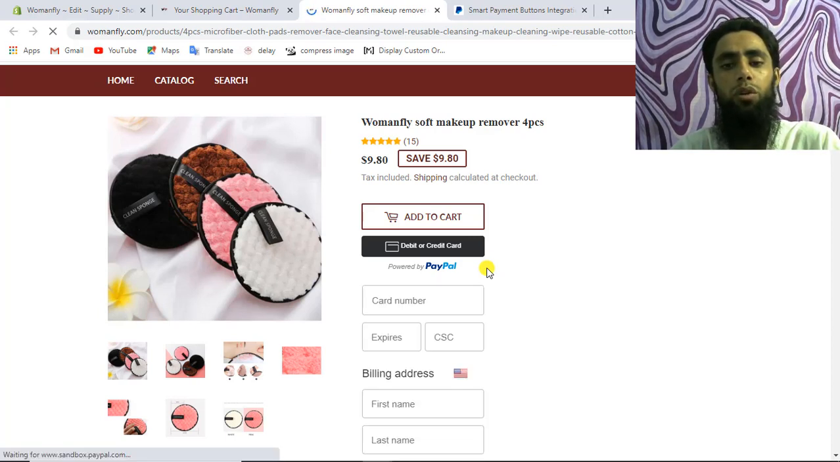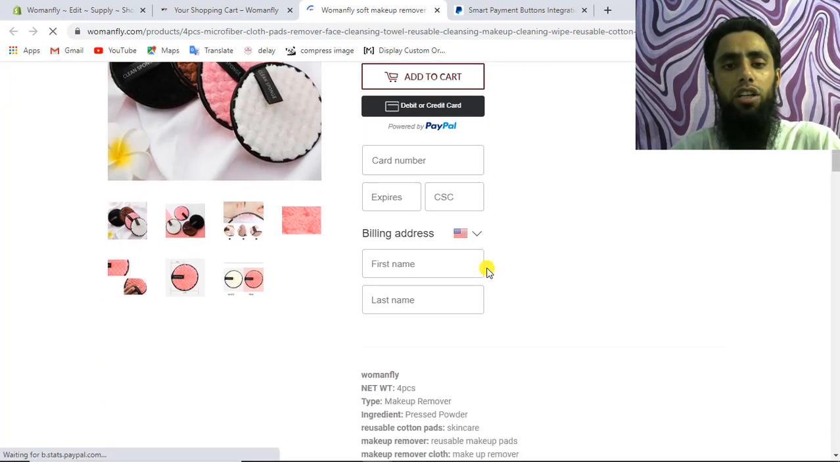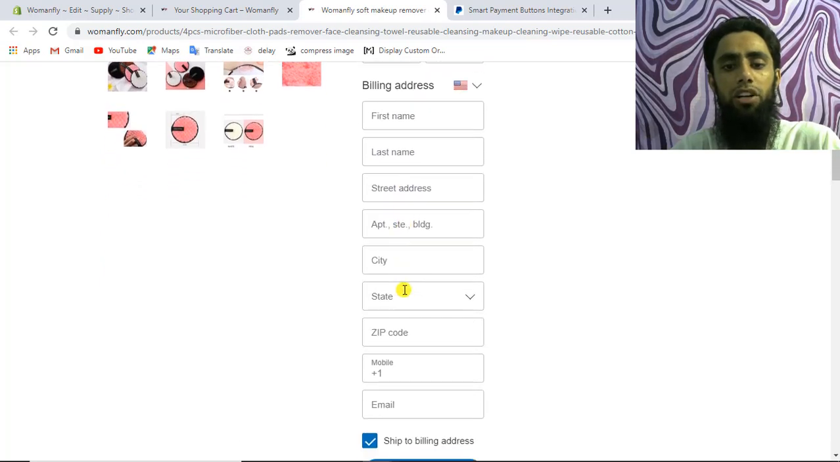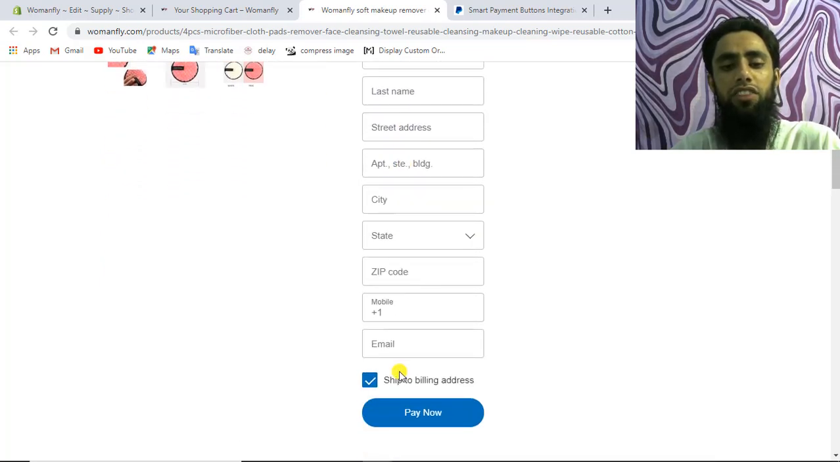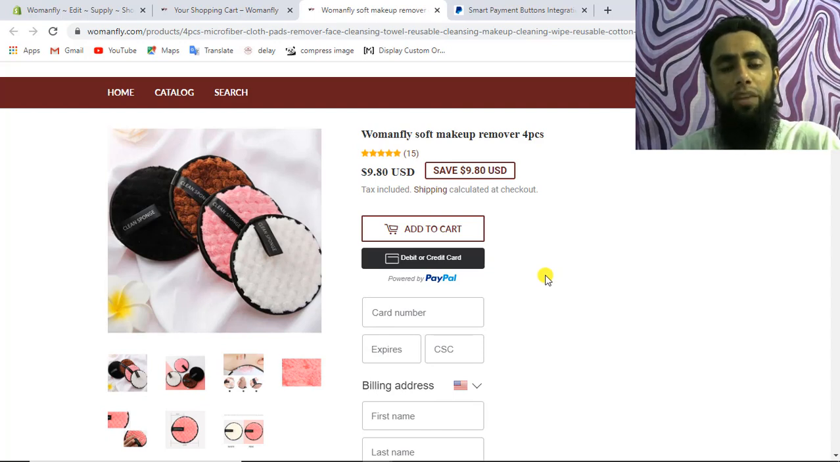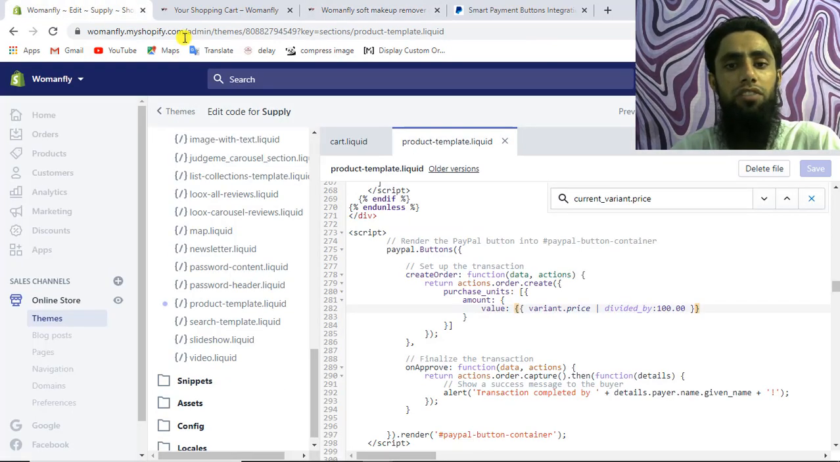So all the things would be happening accordingly. You can see that here we have the card number, expires, CSC, first name, last name and all. You can fill in all the details, and finally you will click this specific button here and then Pay Now. So this would be completely working, but make sure that you modify this specific client ID on